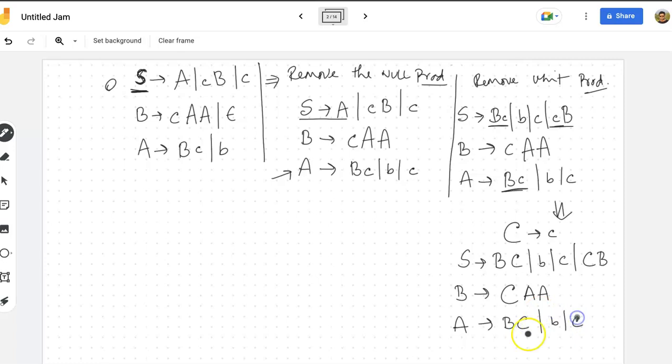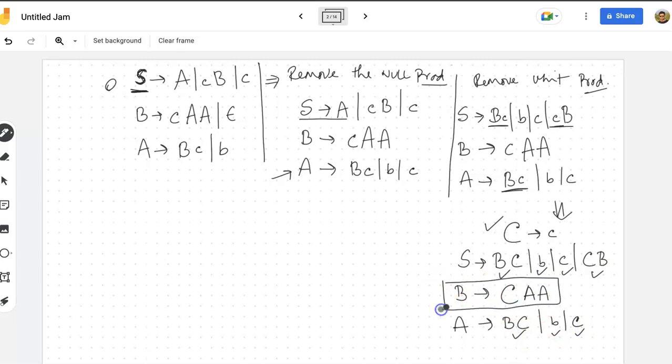This is small c. Now let's check what are the rules that are already in the CNF form. So this rule is already in the CNF form. This is also in the CNF. This is also. This is also. But only these rules